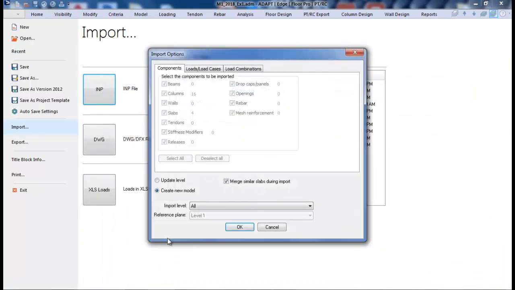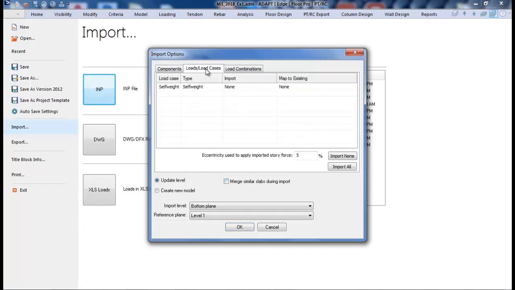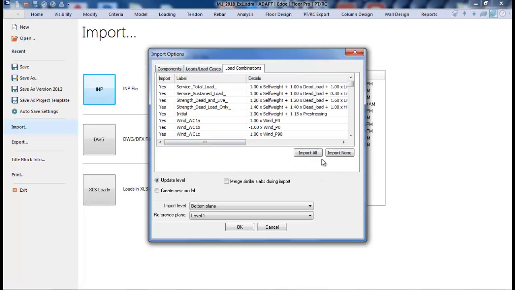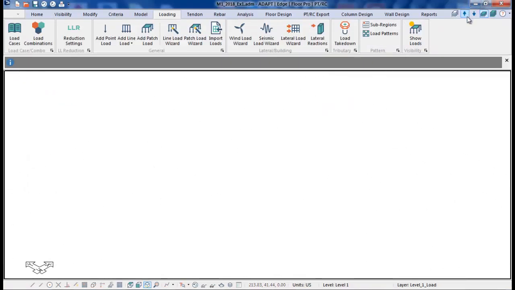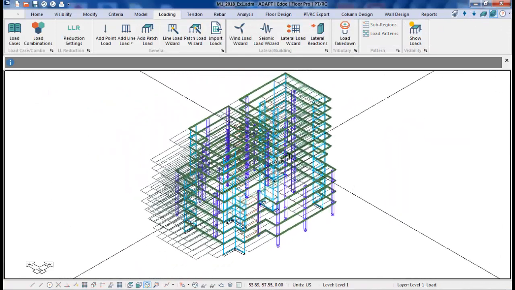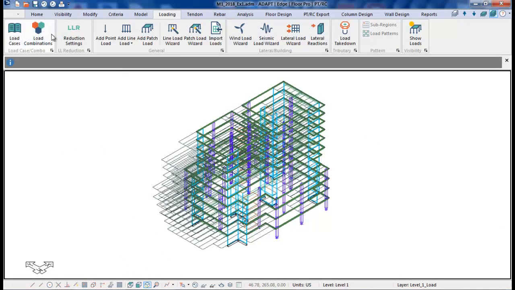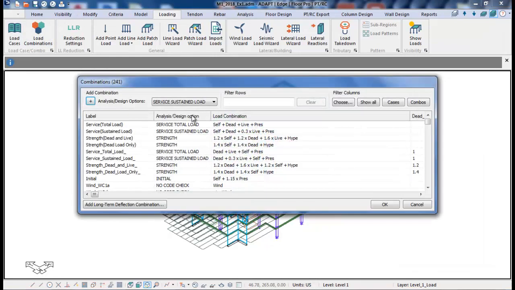I'll say Open. And in this case, I want to update our model. I don't want to create a new model, and I'll deselect the components. I'll import none of the load cases, but I will import all of my load combinations. And we'll say OK. And this tells us that we have a combination that already exists in the model. Do we want to override and replace it? We'll say yes. I'll go back and just show the model. And going back to load combos, you can see that the load combination list grew from 5 to 200 plus